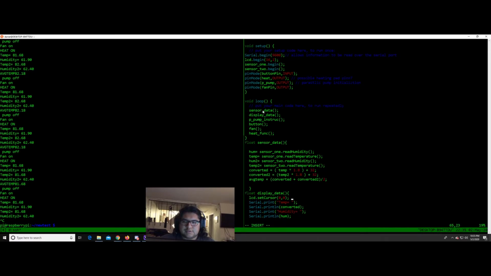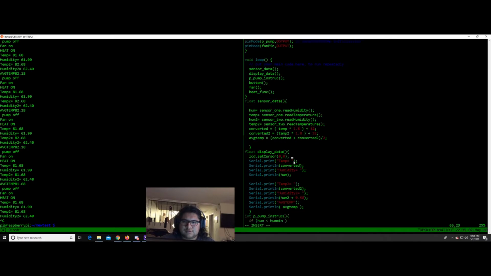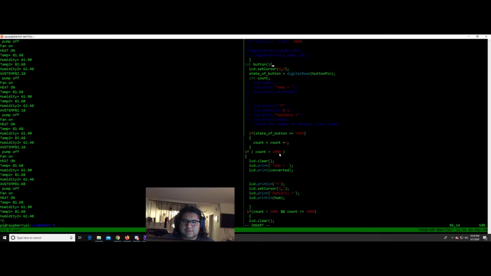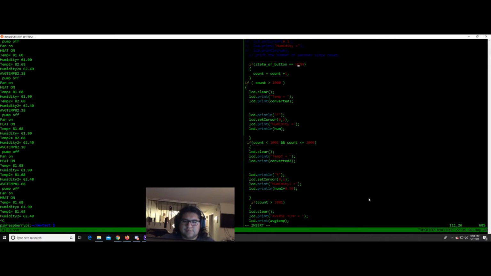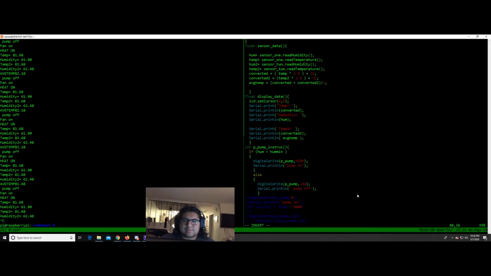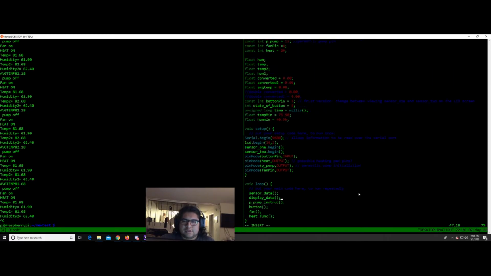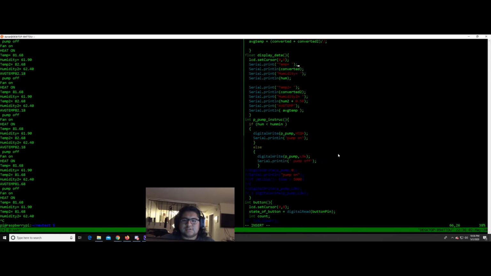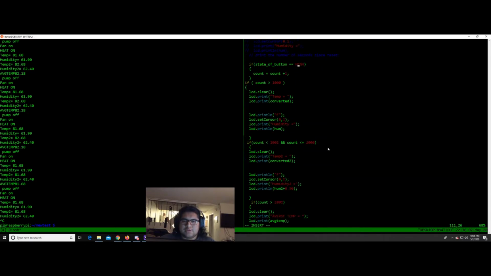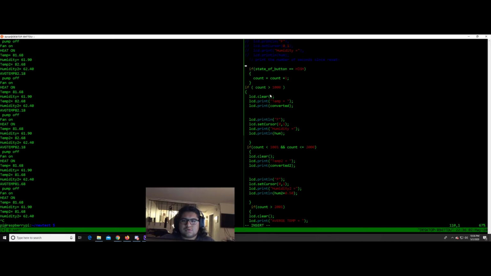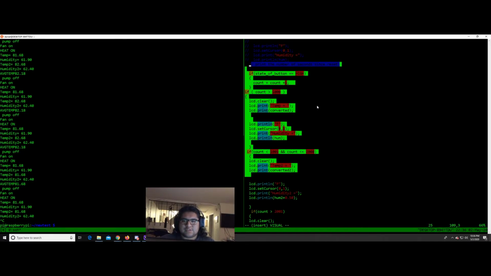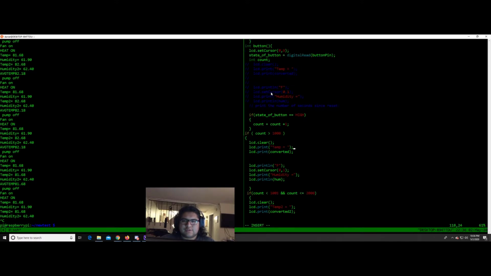And then this is just the loop with all of these functions that are created. One thing that didn't really get done was an actual menu, but I do have a button that works, and whenever it reads that it's being pressed, it will count, and